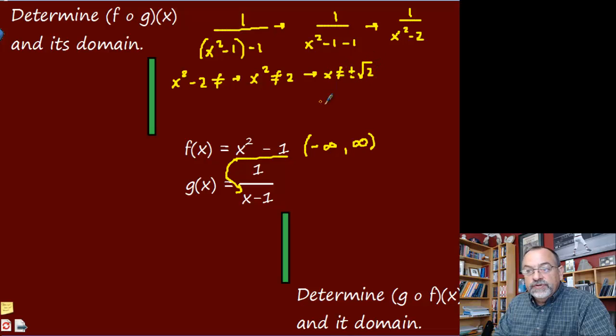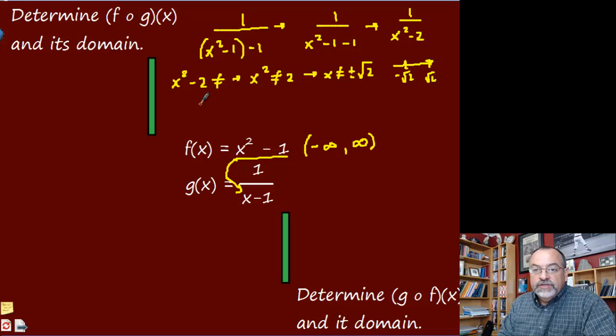plus or minus the square root of 2. Again, because we have a plus or minus, we remember that we want to treat this like absolute value, meaning that the x values cannot be numbers equal to plus or minus the square root of 2. So positive square root of 2 and negative square root of 2 cannot be used. So this negative square root of 2 over here and positive square root of 2, these numbers cannot be used